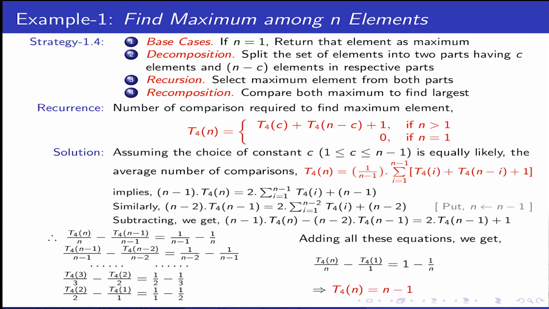So we started with an equal division. We have an arbitrary constant depth division: 1, n minus 1, 2, n minus 2, all such. You can also think of an arbitrary fractional division as well. You can start off with an n by 3 and 2n by 3 division, both searching for the maximum. So every time you will reach this point. It means that this splitting does not impact so much. So let us see another example where it may impact.